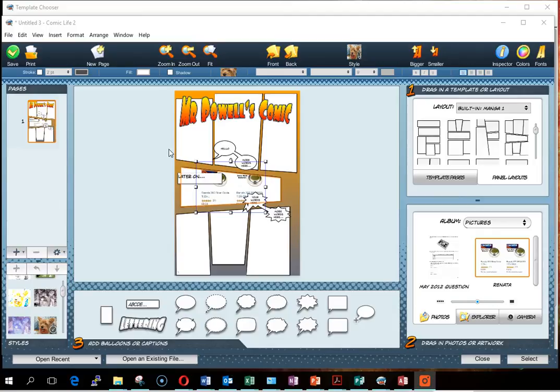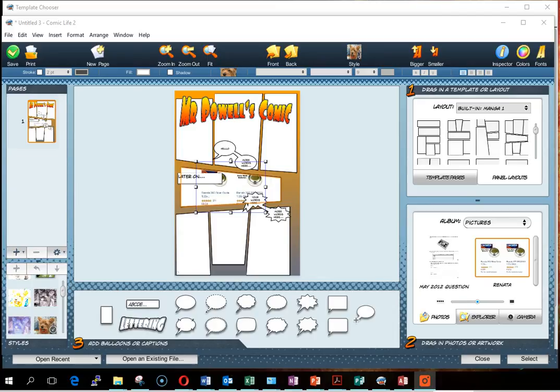So last time we'd created our comic layout and we wanted to add some images, but my images weren't very good. So I'm going to show you now how to add in more images so that you'll be able to get the kind of comic you want. So I suggest you choose something maybe from a TV show where you've got lots of the same kinds of